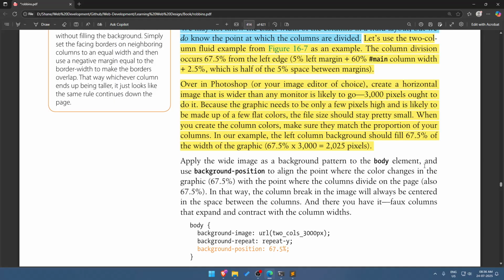Okay, to the element and use background position to align the point with the color change in the graphic, 67.5%, with the point where the column divides on the page, also 67.5. In that way the column break